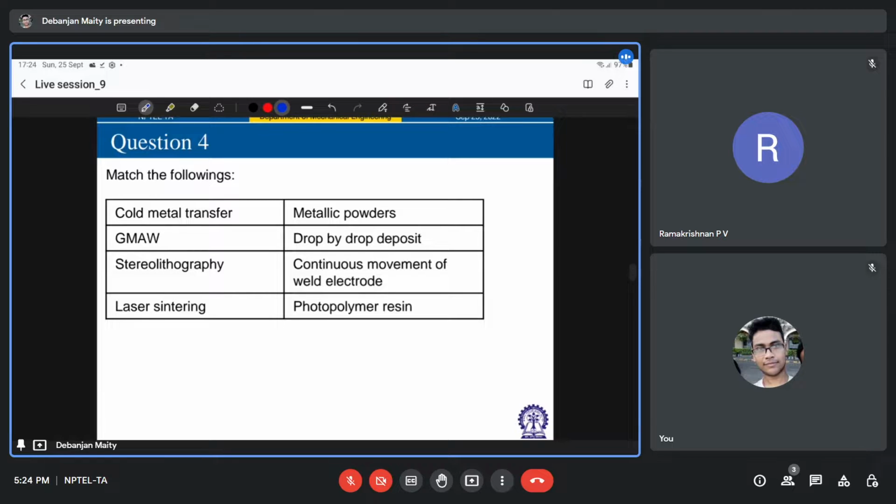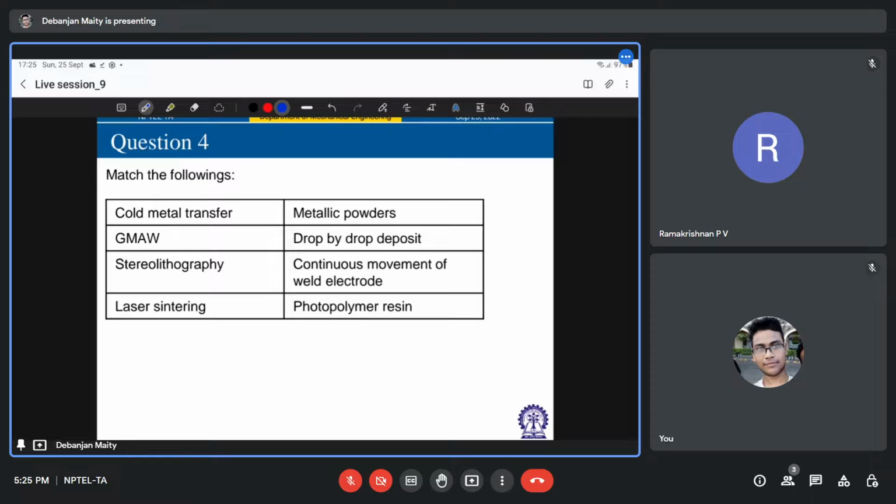Next, in question 4, we need to basically match the following different kinds of techniques and the mechanism of these techniques. So there are techniques like cold metal transfer, gas metal arc welding, stereolithography, and laser sintering. Now if you see cold metal transfer, it's actually a part of gas metal arc welding. So in principle,